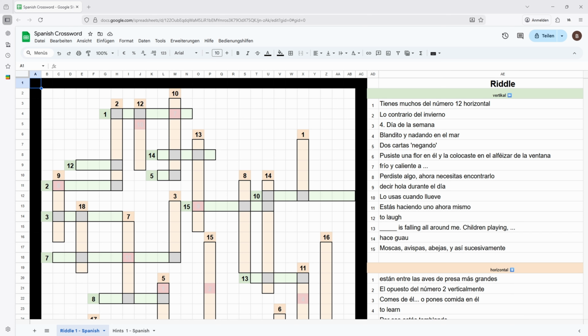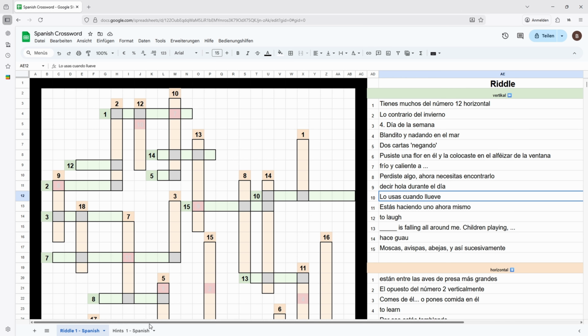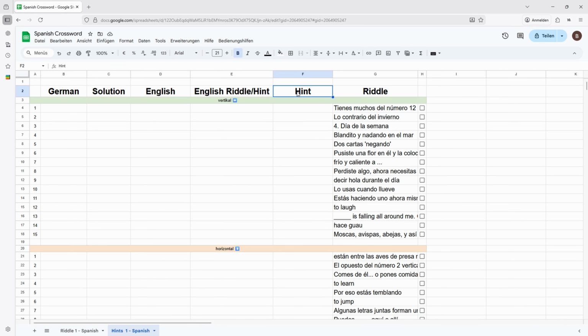And as you can see, it's just a simple crossword puzzle in Google Sheets. We have the questions here, or the tasks here. We have our little crossword puzzle here, and we also have hints because she wasn't sure if I can decipher her Google and AI generated ideas. So we have it like that. We have the riddles that we also had in the first tab. Then we have a hint,